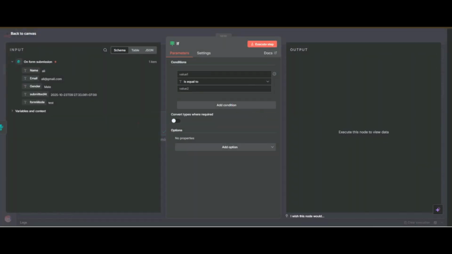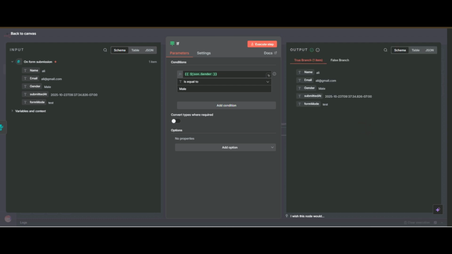Now we want those customers that are male. So we put here value 1 is equal to male. Now it will only send male.